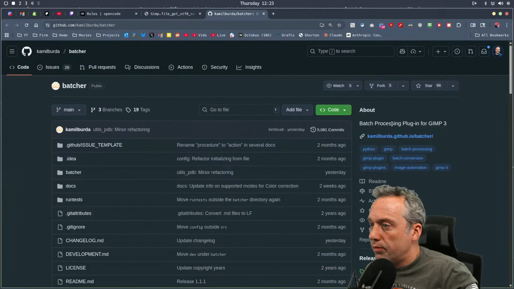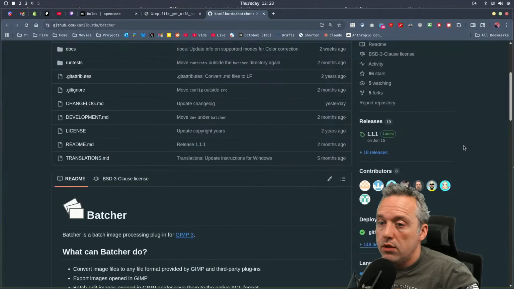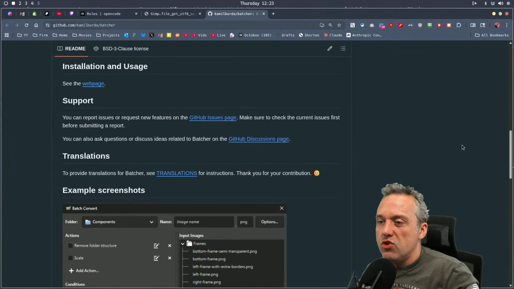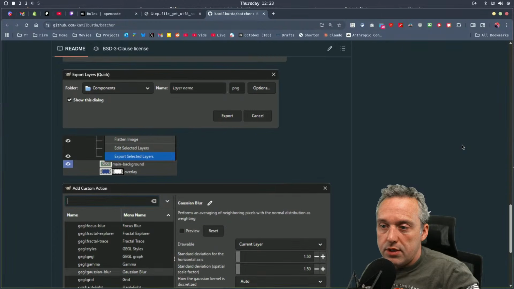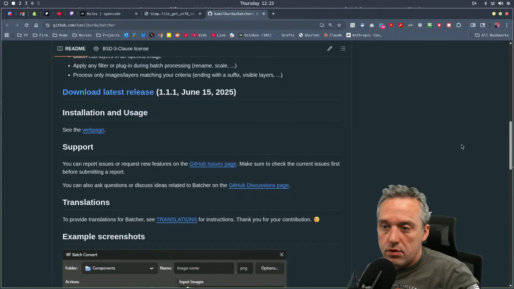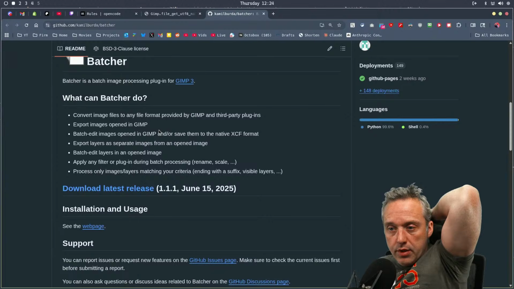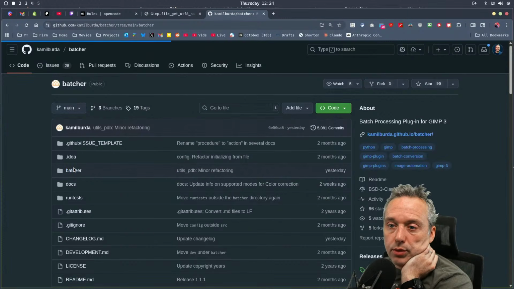What's Batcher? Batch processing bundlers for GIMP 3. Oh, okay. This looks neat. What's he using? I bet he uses Python or something for this. I do like the batch convert, though. That's kind of cool. Batcher. Convert image files from any file format provided by GIMP and third-party programs. Export images opened in GIMP. It's been updated very recently. It looks like GIMP. So if we go into Batcher right here,